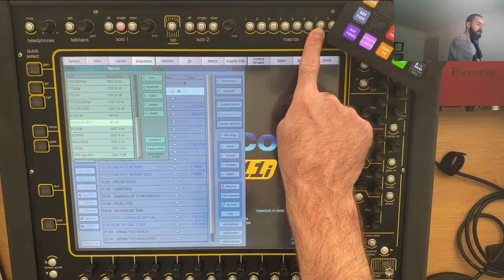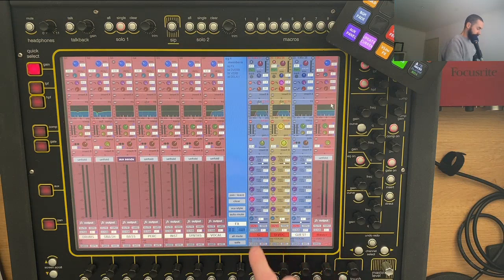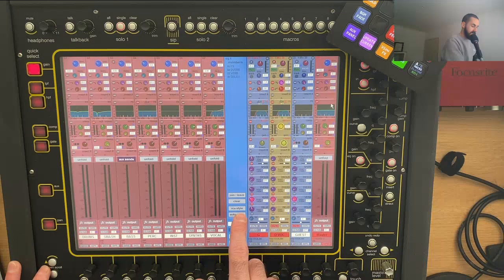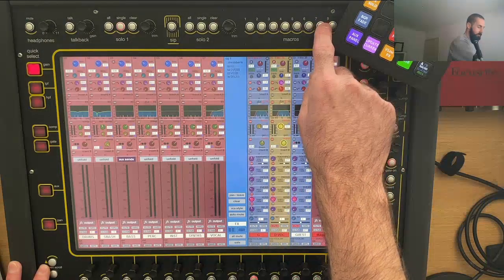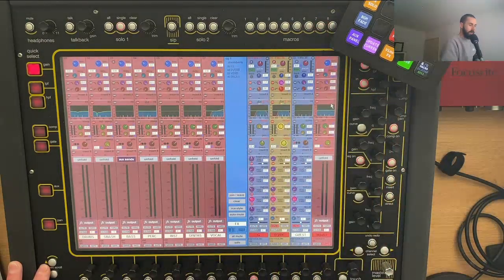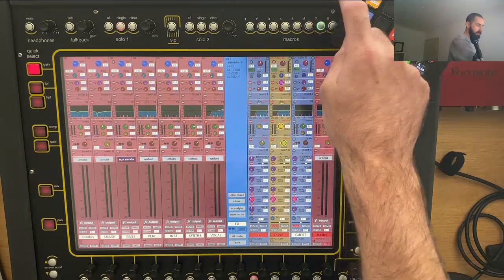This one here is actually a delay throw. If I go back to my main vocal, I don't think on this snapshot delay is in, but if I go to, which one is it? This one. So delay is wound in, but it's off. I can then catch certain words and phrases to just delay that word or phrase by hitting this macro, timing it. I can turn it on and off. And